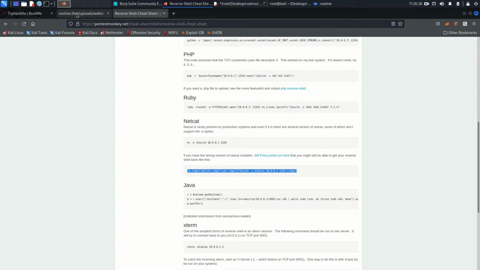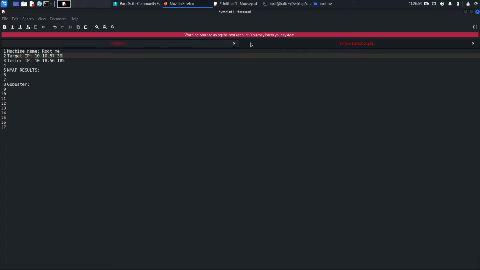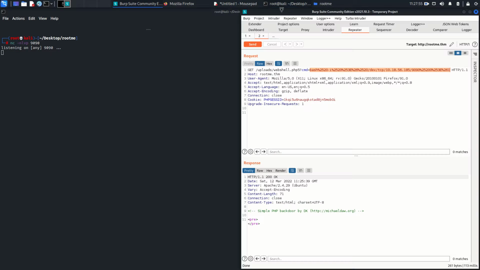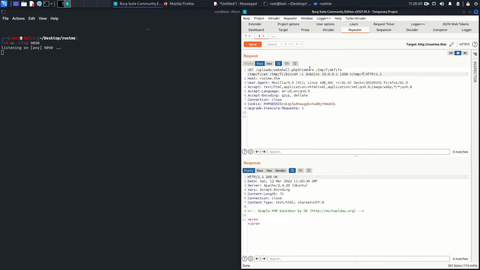So I'm going to copy it, come back here, paste it here, and my IP is 10.18.56.185, right? Yeah, and 9090, and hit enter. Okay, take this one, and instead of this, paste this payload, come back here, just make it URL